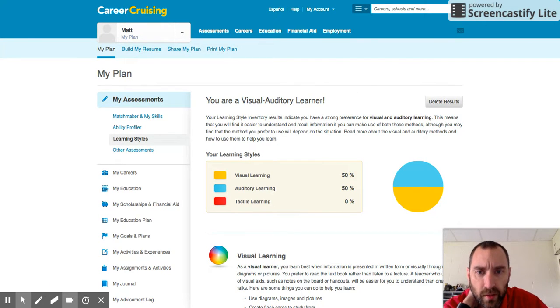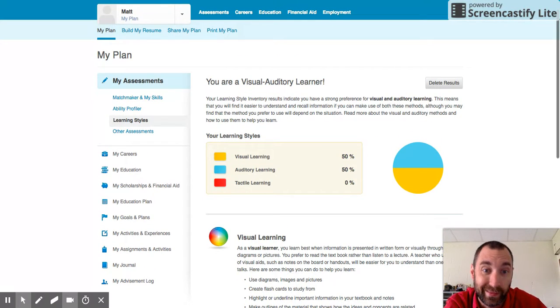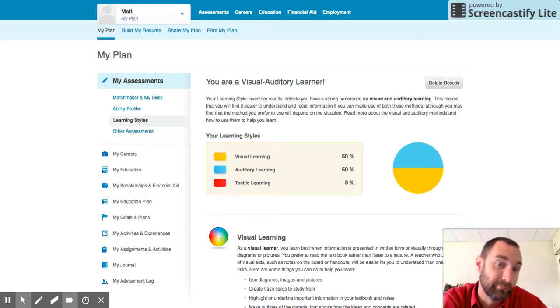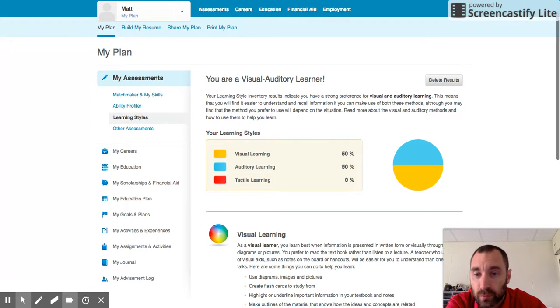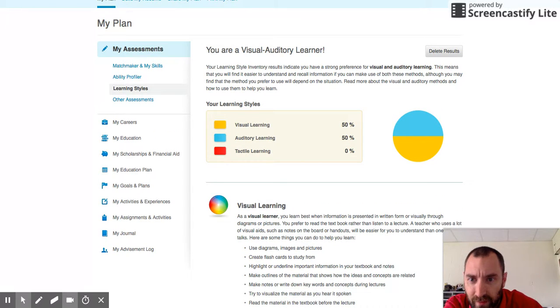Once you're done with that, it'll send you to this page where it tells you what kind of learner you are. I am apparently half visual, half auditory learner. I didn't know that. So once you're done with that, then you go to the next step. So over here on the left, you'll notice there's my goals and plans. So click on that,